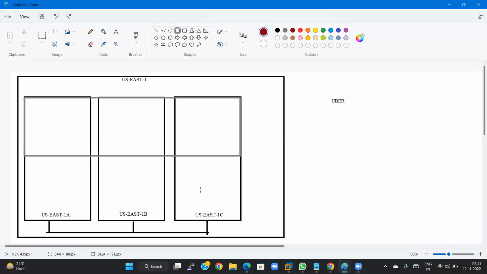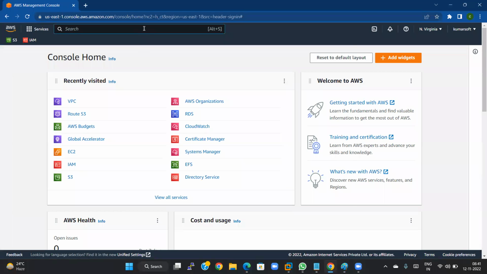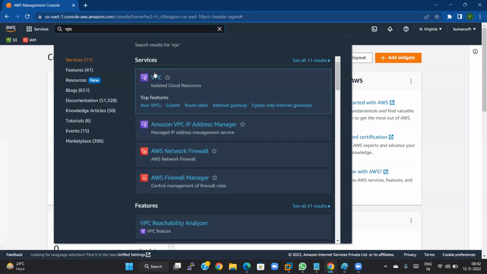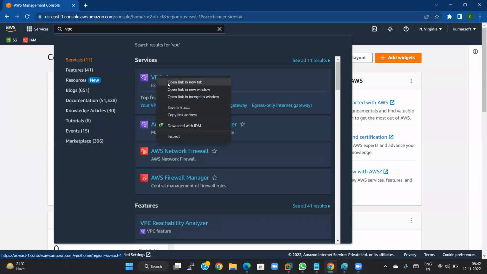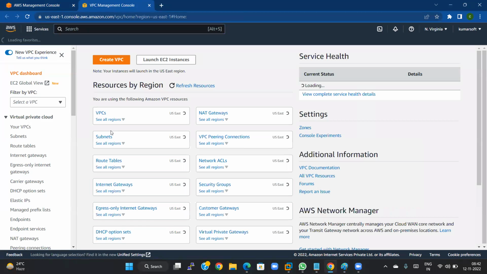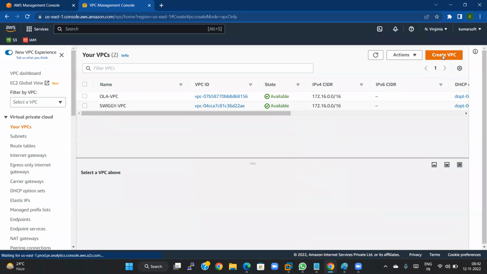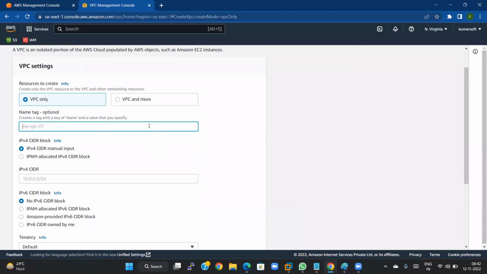Now let us go back and create a VPC here. To create the VPC, we need to go to the VPC console. This is the VPC console that we are accessing. Okay, this is the VPC. Now what I'm going to do is create the VPC. I'm going to create an Uber VPC. First of all, let us give the name